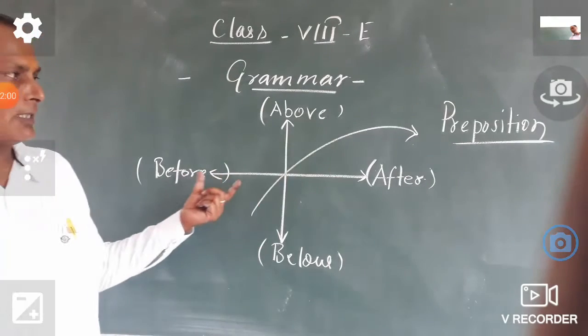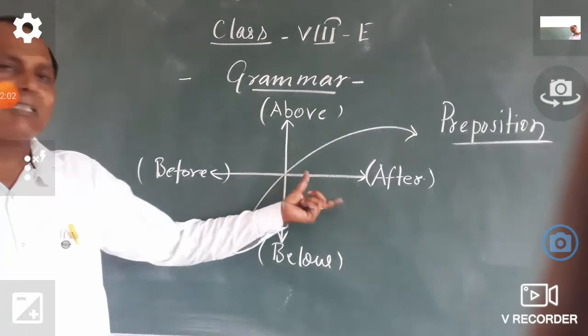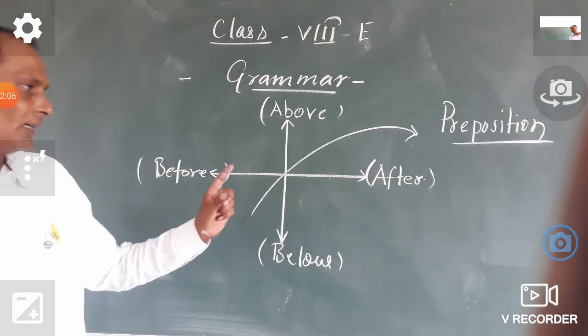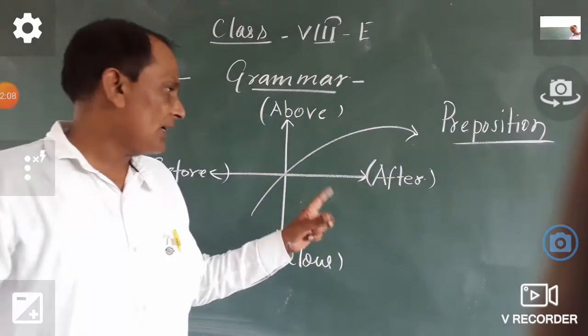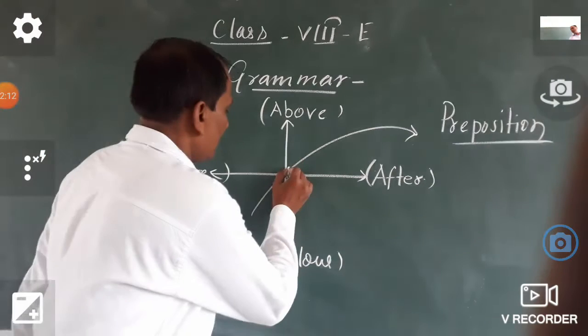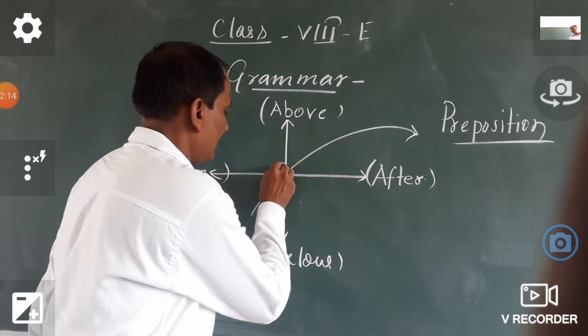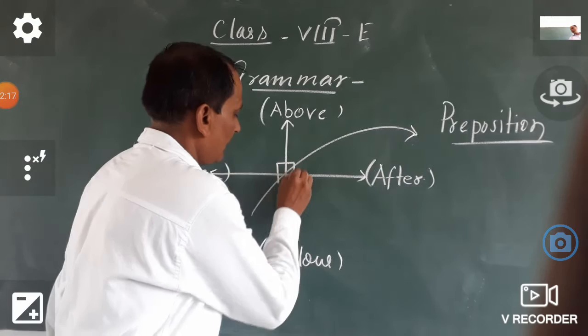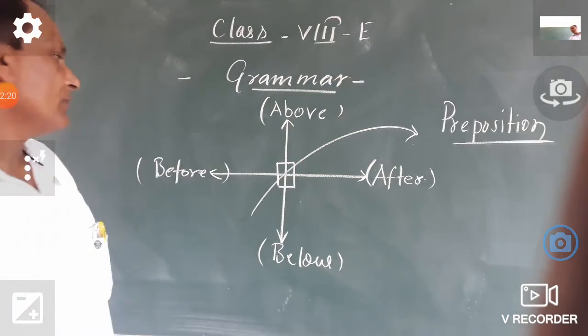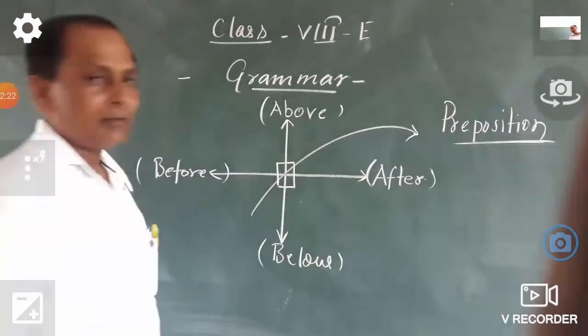And these prepositions are used in different ways or different situations. As I said, it is above. Suppose it is a surface or anything. Okay. So above is used for